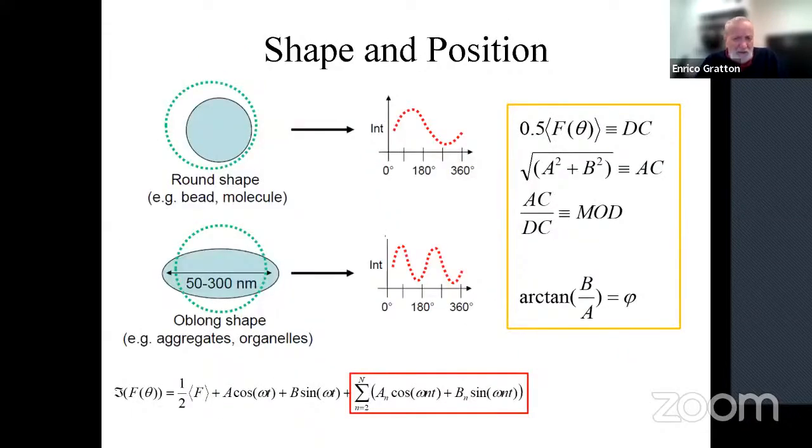Next slide. From the position of the orbit, we obtain the DC, and then the modulation and the phase. So we know exactly where the particle is with respect to the orbit. This is very important. And remember that we measure the position of the orbit in many, many points. The maximum the computer can do is 2048 points. So we can measure 2048 points in the intensity, and then calculate the phase and the modulation.